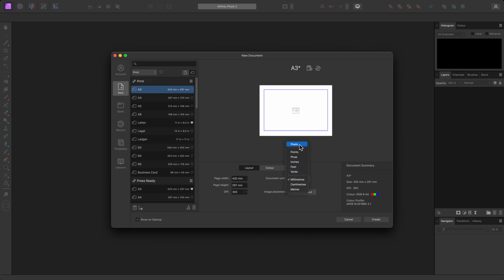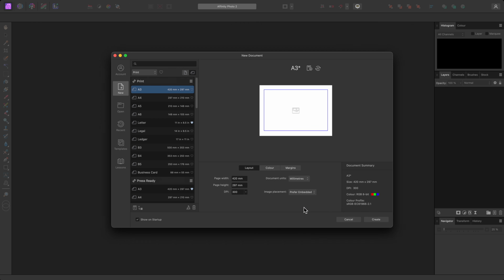If I switch the document units over to pixels, then change the DPI value, however, notice the width and height values aren't changing. In the context of working with pixels, the DPI value is somewhat arbitrary. It serves not to determine the pixel resolution of the document, but rather to inform how an image or document may be scaled in some cases. For example, with retina imagery, you would typically have the 1x image at 72 dpi, which is typical screen resolution, then the 2x image at 144 dpi, which is double. With that in mind, I'll bring the DPI value back to 300 for this print document,